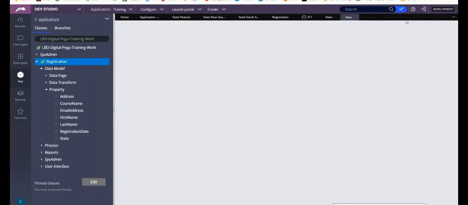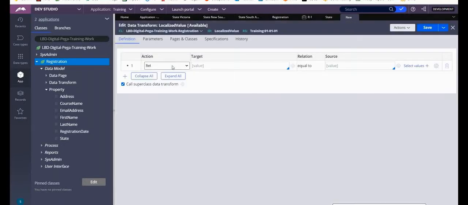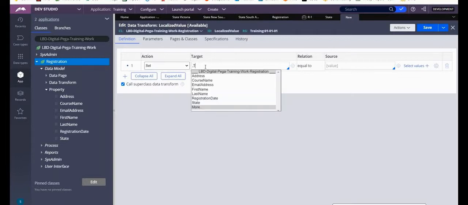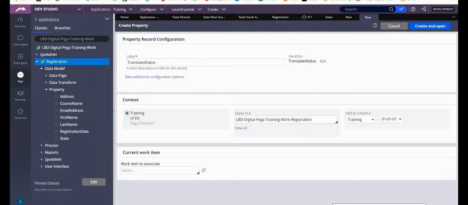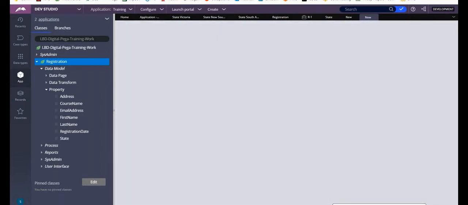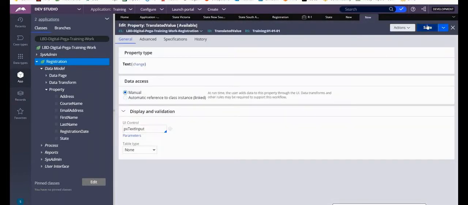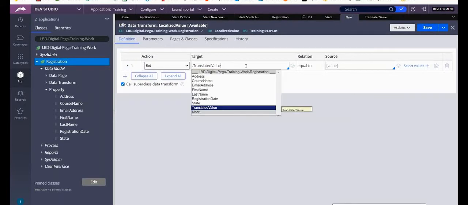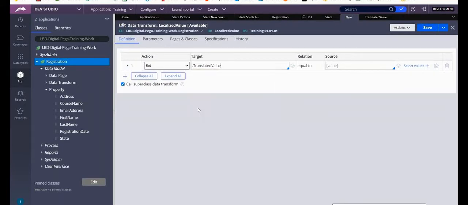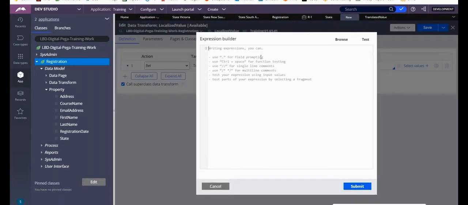So create open. We need one property to save the translated value. So I'll create one property. I'll say it as translated value. I didn't create it till now, so I'm just creating it here itself. Okay, saving. So save. Now here I'll write the function. So how to write? I'll go to the settings and here I'll write